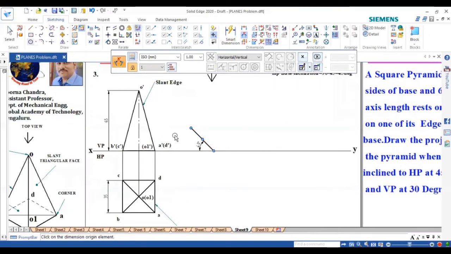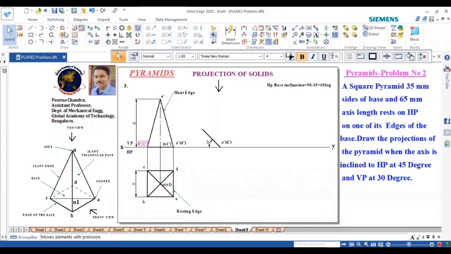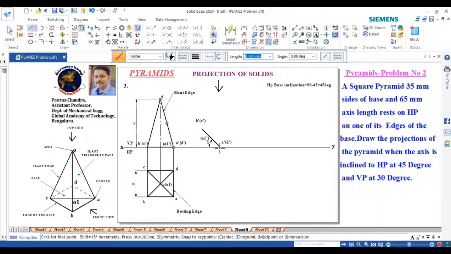So here I need to construct the sketch over there. This base is this one. Right. So if you want, I can name this. For naming, we can go with copy. I will name this like this. This is done, and one more is done. And this will be done here. Right. So now this length you can measure, the slant edge length, and from here you can cut an arc, and from here you can cut an arc and you can join.